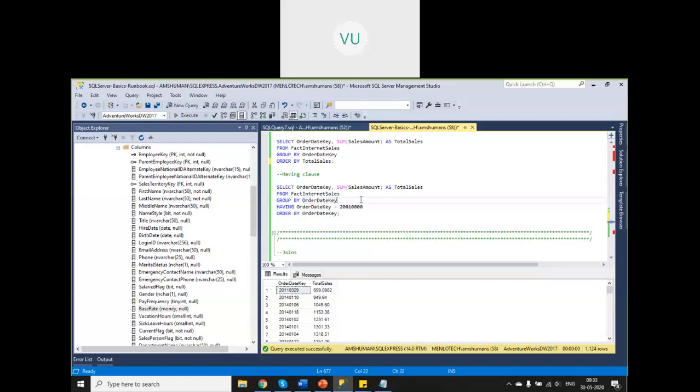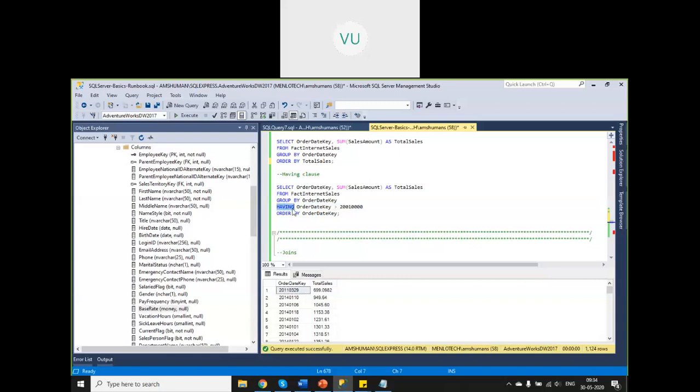Coming back to our example, 2, 3, 1 are the distinct values of order date. So I will get 3 groups, right? Within those groups, what I'm saying is only those groups which meet this condition should be retrieved, right? So for example, where is at the overall record set. Having is a condition applied for each of the groups. So that is the distinction.